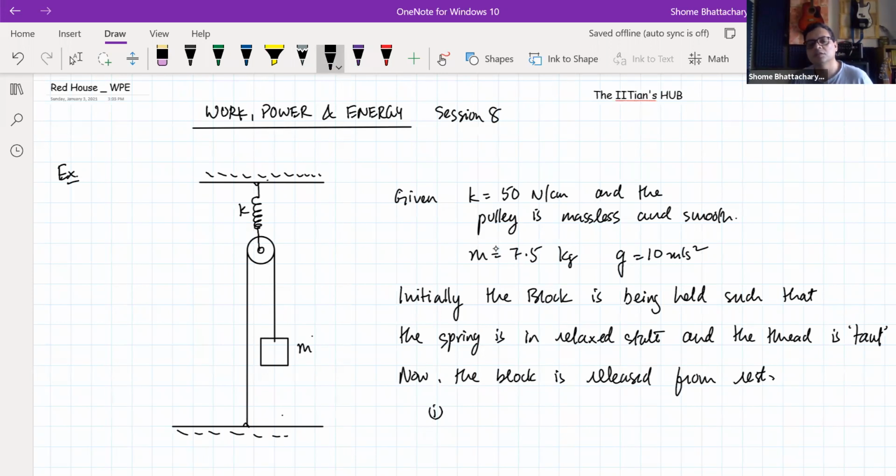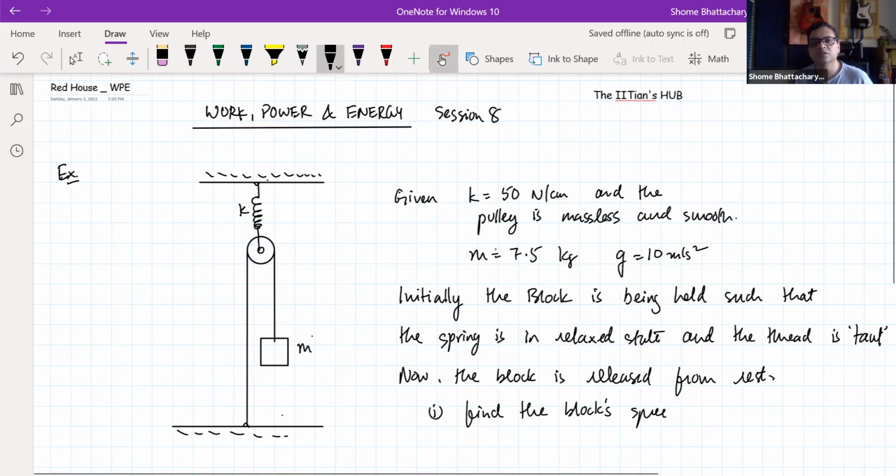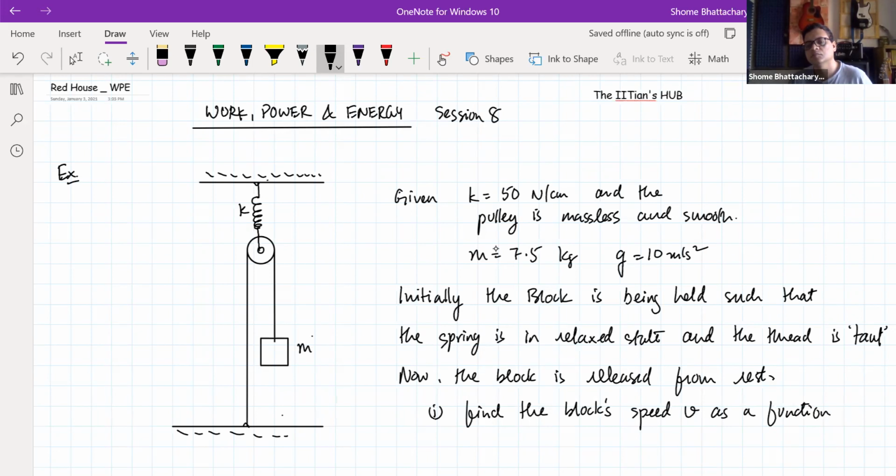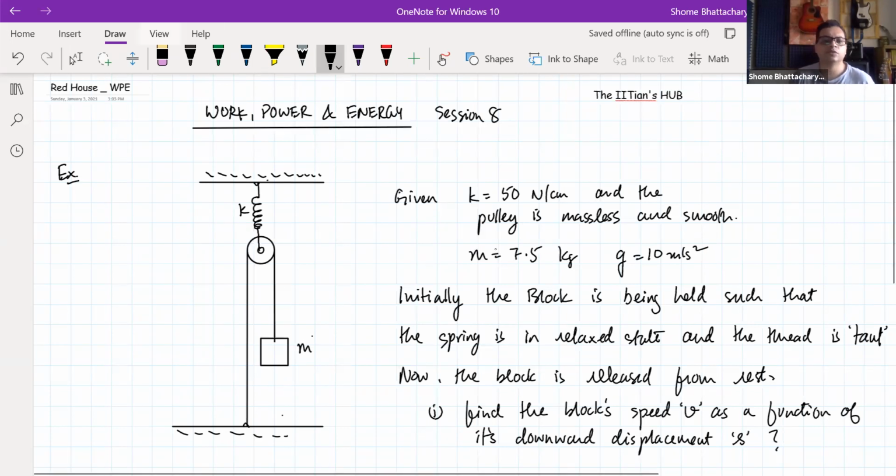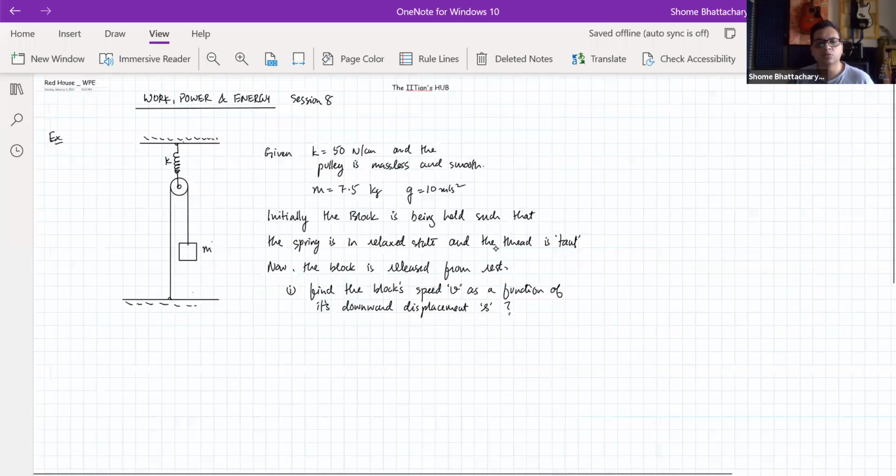So first of all, we want to find the block's speed as a function of its downward displacement. Okay, we want to find its speed v as a function of its downward displacement. Let's say s. We will denote the downward displacement as s. So you can start with this, and next up, in due course as the block moves, we'll find the maximum speed